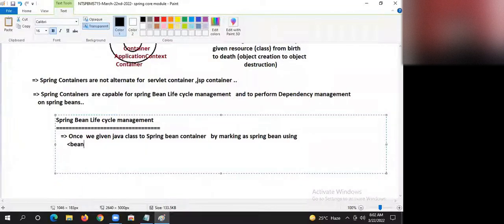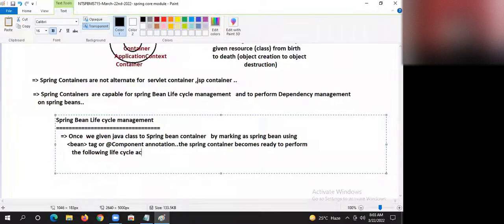Using the bean tag or the component annotation. The Spring container becomes ready, okay, to perform the following life cycle activities.